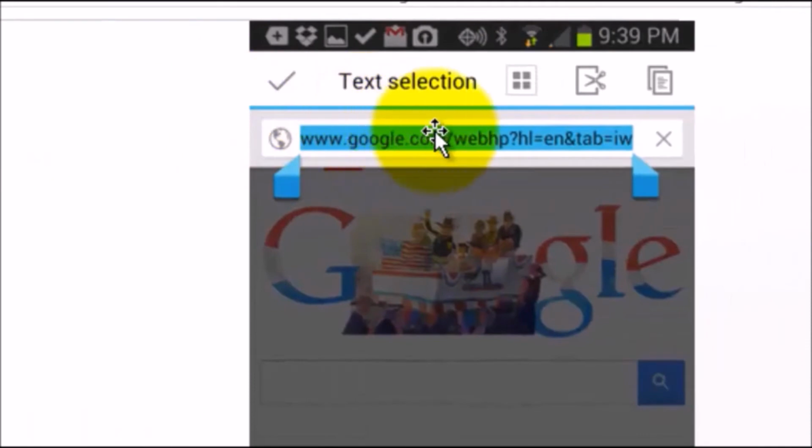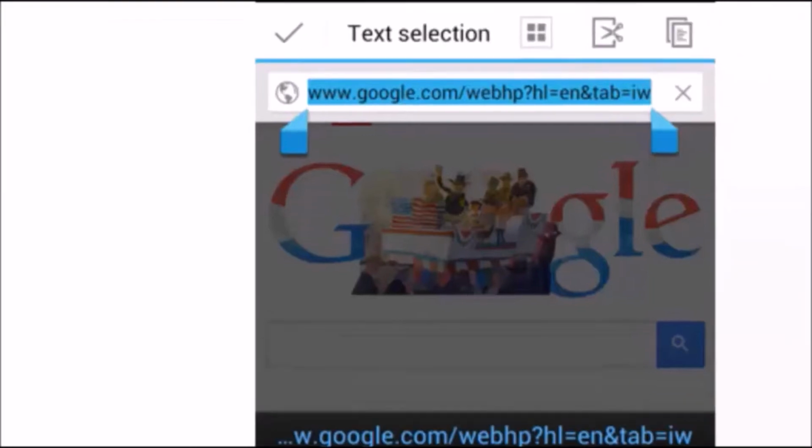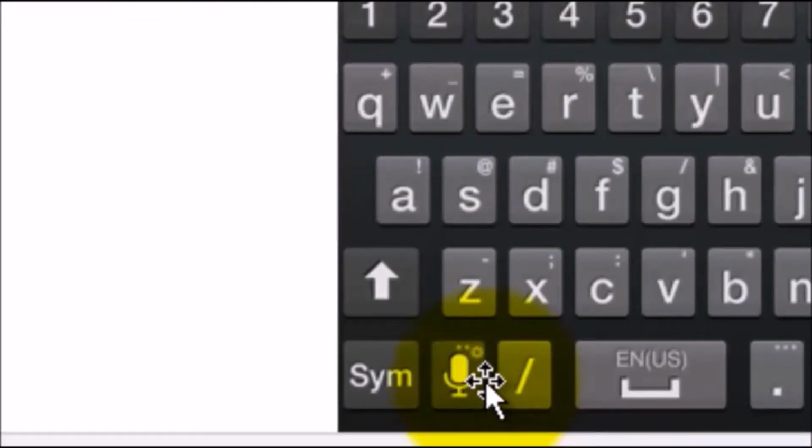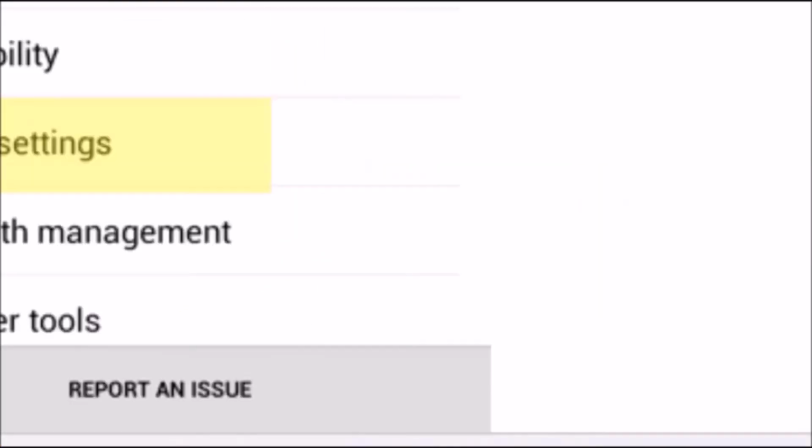Here I'm showing you how you can select text. You do a long press and you drag the bars over, and you can either cut or copy with this, okay? You can also dictate to the phone. Don't text and drive, by the way. So if I click on